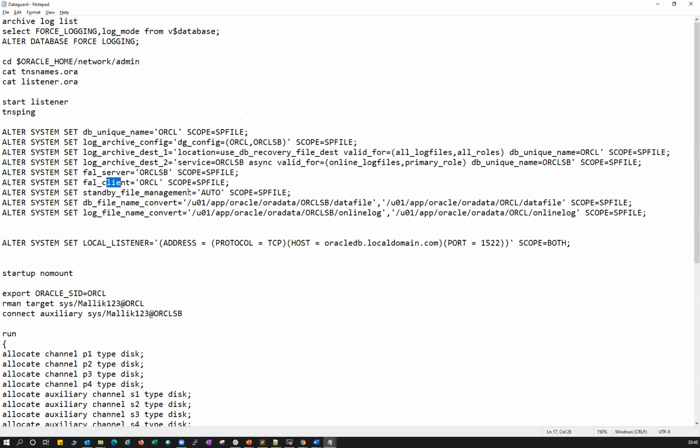But when you are not thinking about switchover, you need not worry about file client at your DR side and file server at your production side. Because if you set file client and file server on both sides, production and DR, that helps only for switching over and switching back. For that reason it will help, but it's not mandatory to set it on both production and standby.